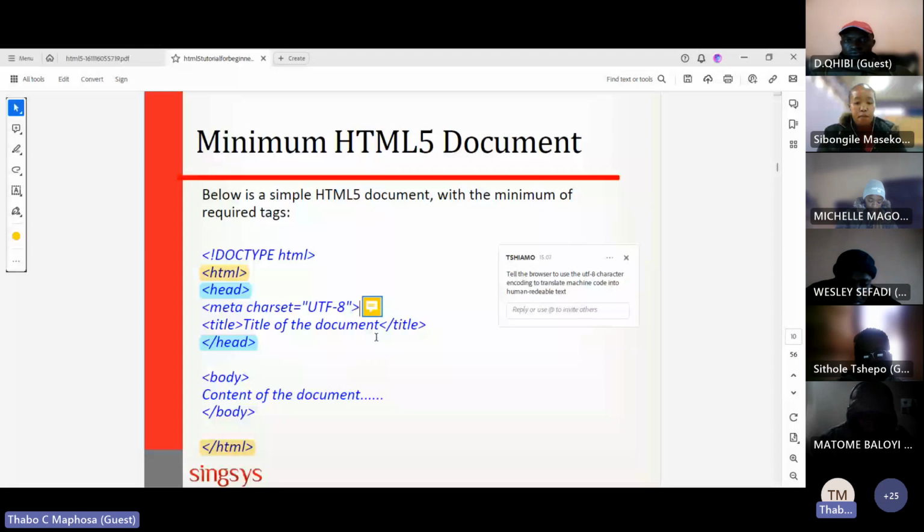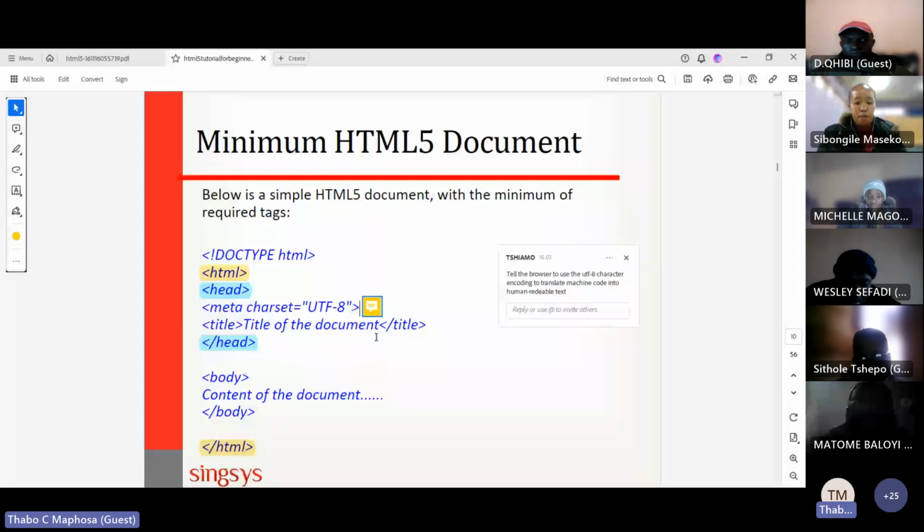Since you will do Python, we are going to visit this sometime, because we have to visit what UTF-8 means, the ASCII codes and stuff like that. The Unicode, you also need to look at all that.